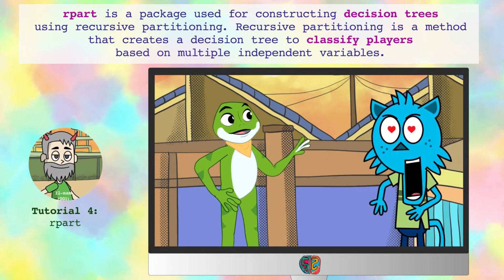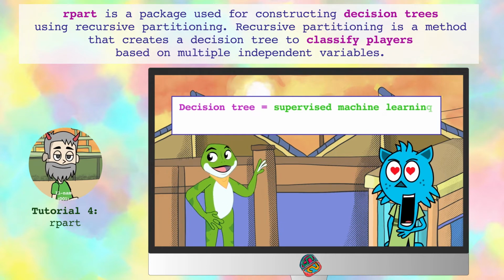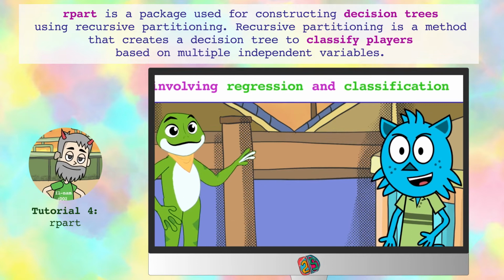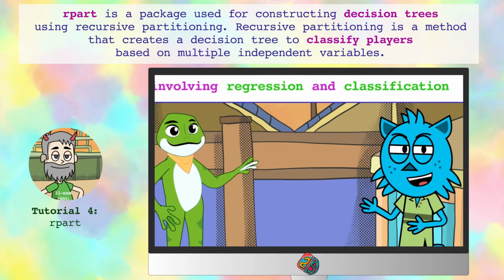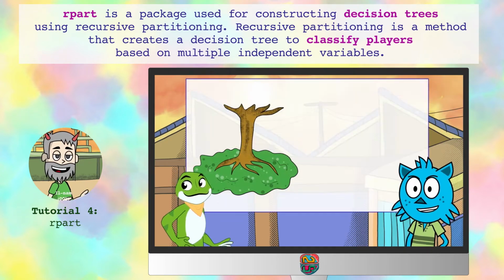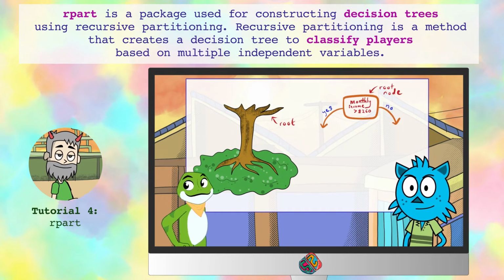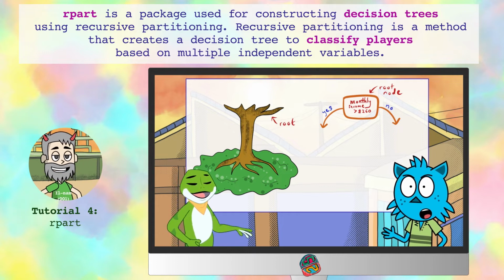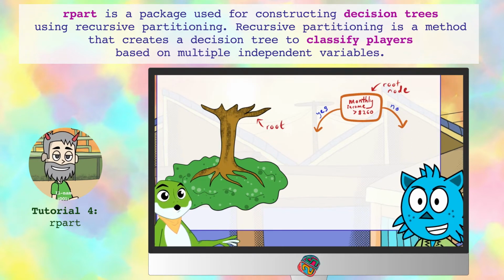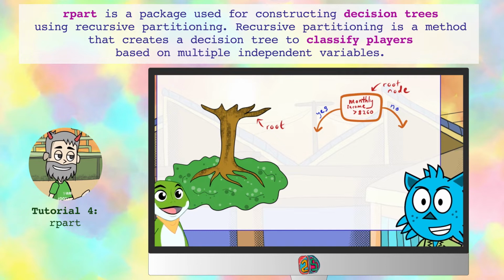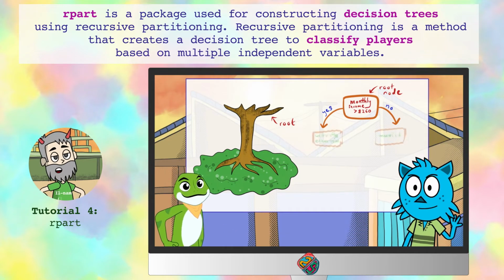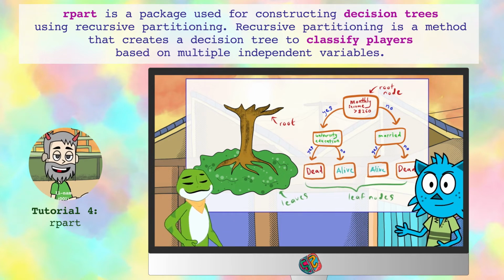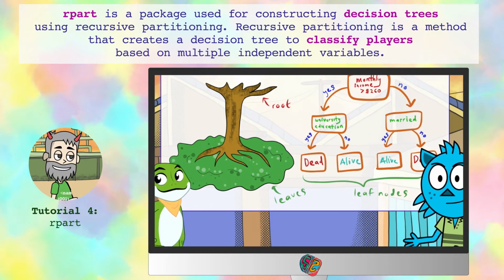We can use decision tree analysis, a type of supervised machine learning, to predict whether a player will win or lose the game. Great idea, Zippy. A decision tree is drawn upside down, with its root at the top, called the root node. So, the root is split into branches based on a condition. In this case, the condition is monthly income above or below $260. And at the end of a branch that doesn't split anymore is the decision or leaf. In this case, whether someone is dead or alive.